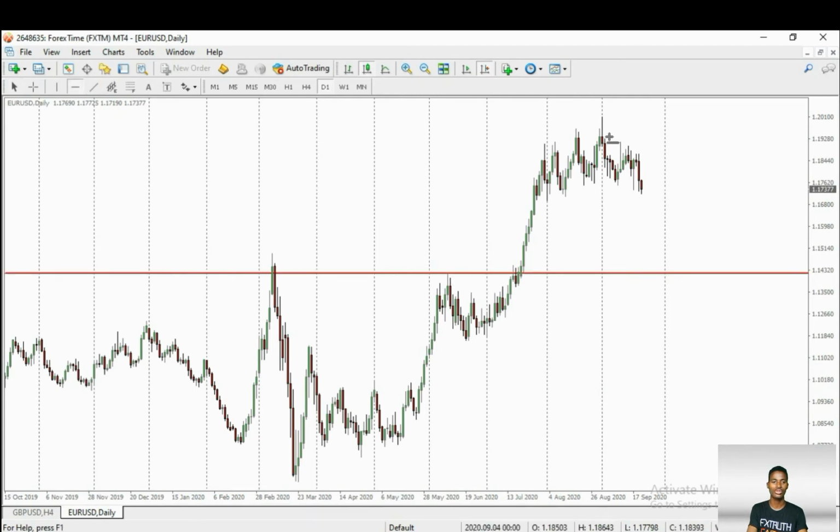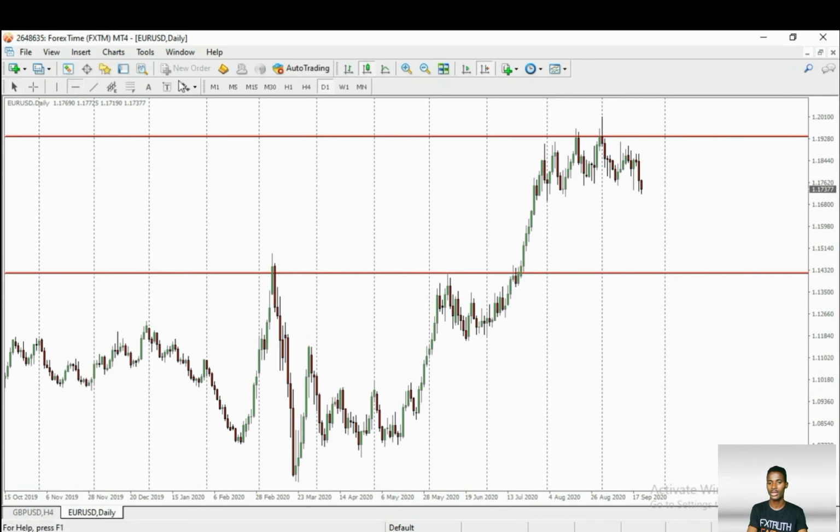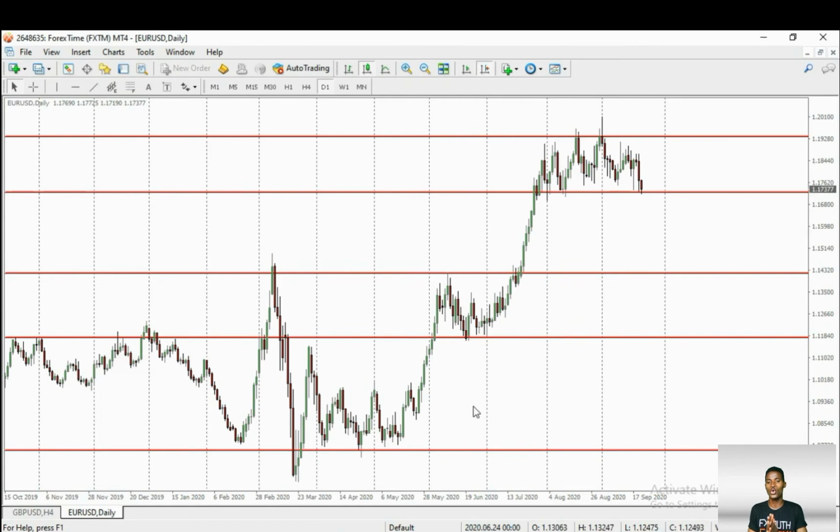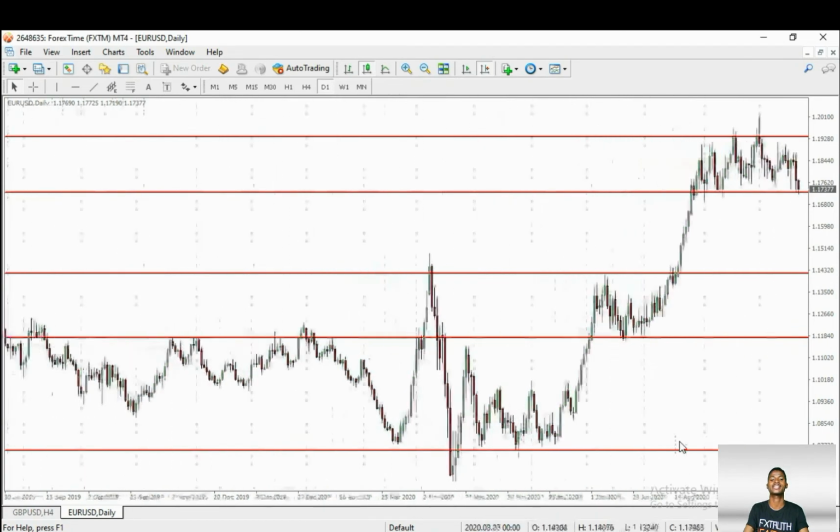Here is obvious. Here too is obvious. So as you can see here, if you take the chart backward, you see that this